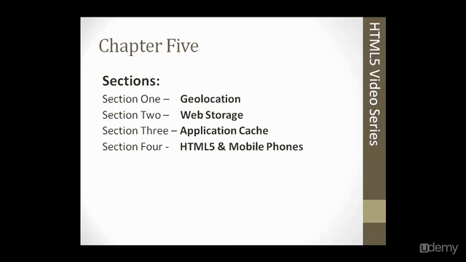If you wanted to put a welcome Bob at the top of the website, it could get the user's name and then display it. And then we're going to learn about application cache, which is all about offline able pages, so we can cache our sites,